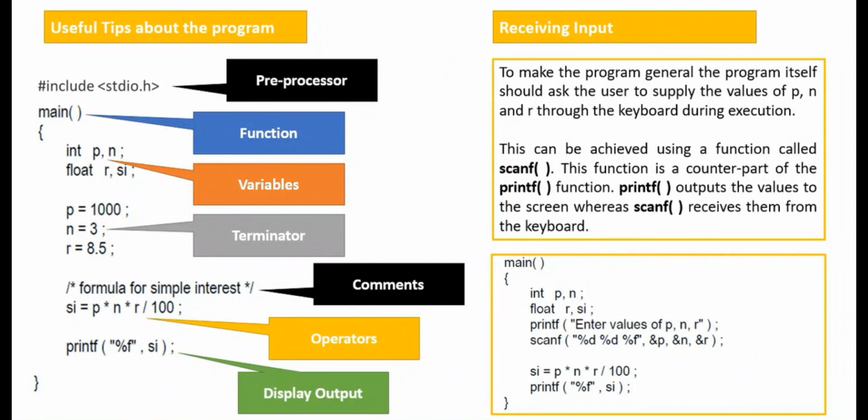So now if you run this code, on executing it you will have to enter the value of P, N and R from the keyboard and it will calculate the SI. Okay, so now this is user friendly and you can calculate the simple interest for any set of values. So that's all for this session. In the next session we will be